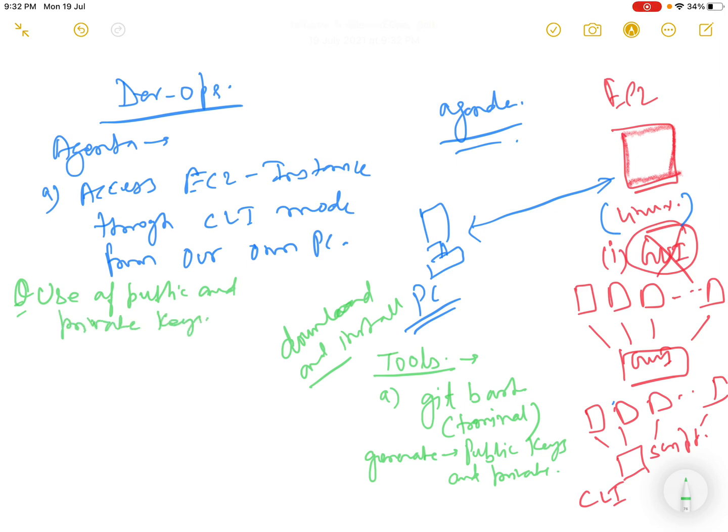What is the use of public and private keys? We will discuss that. So this is the first tool we are going to download and install.